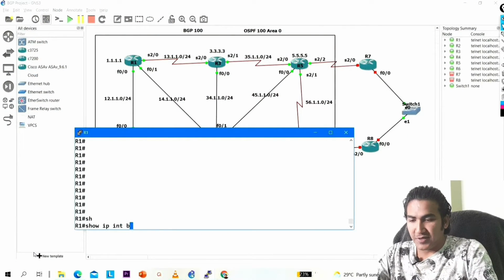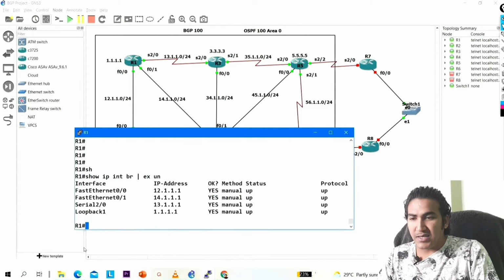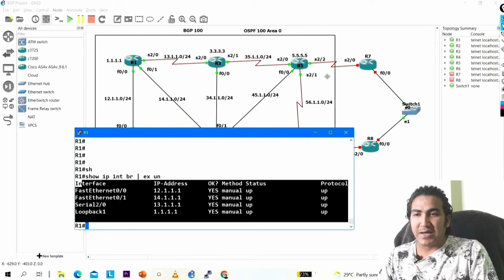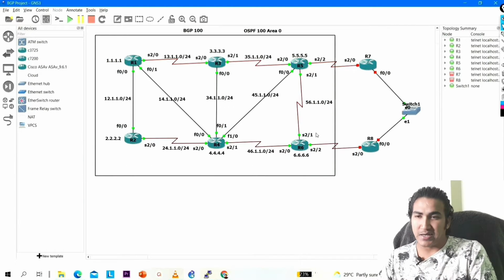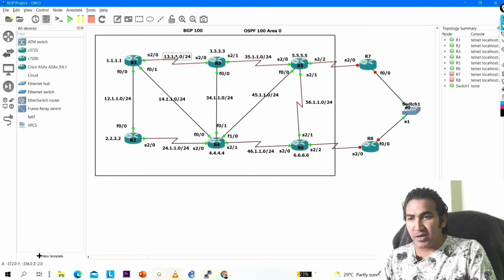So, show IP interface brief, excluding unassigned. You can see I already configured IP addresses on all these routers: R1, R2, R3, R4, R5 and R6. Actually, I am running a network